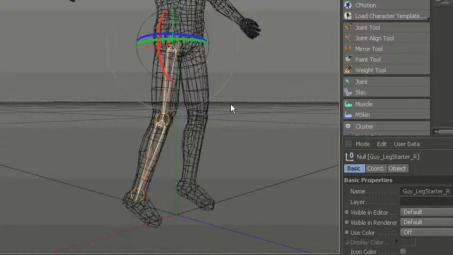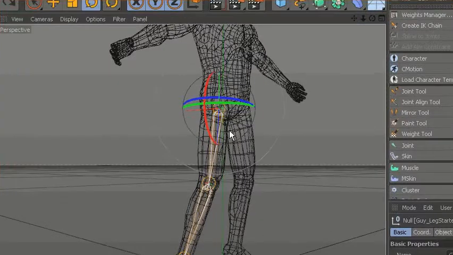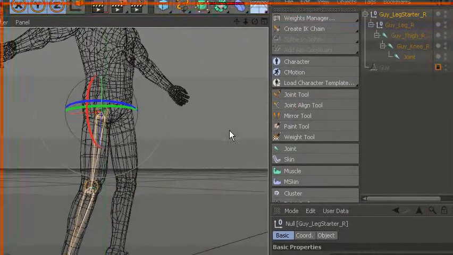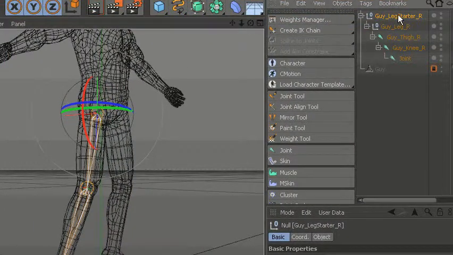Okay, Carm3D back to talk more about leg rigging in Cinema 4D. I've been learning some more stuff here. I wanted to point out that this top null here that I use to reorient the flow of the bones and all that stuff isn't really necessary. It does function, but